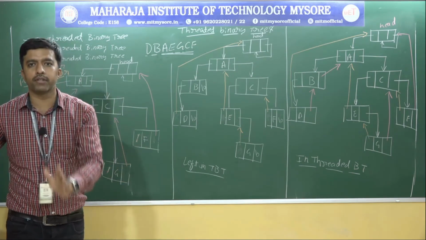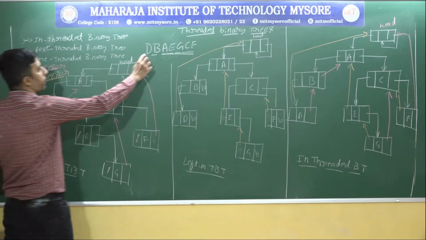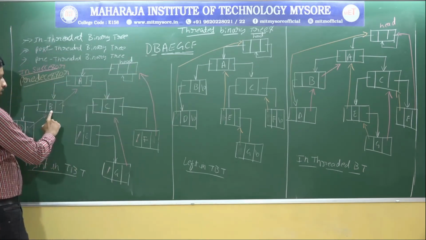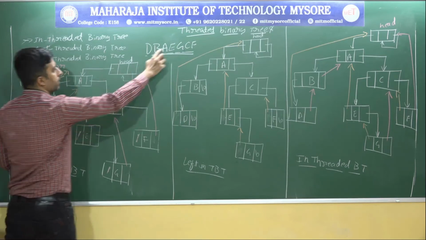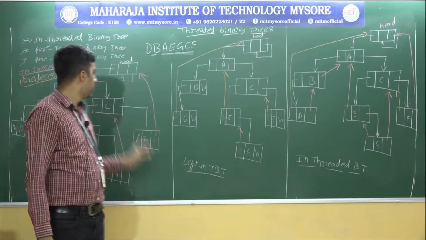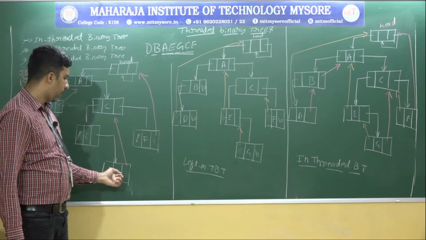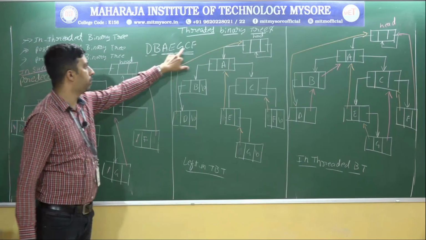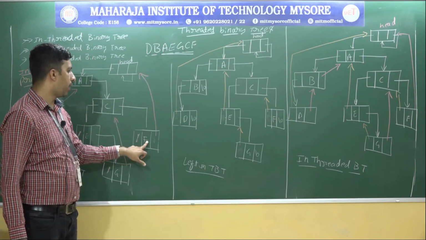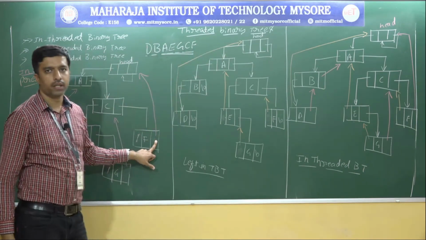Who comes next to that? Here, D. After D, who comes? B. Next, after B, who comes? A. The successor, who comes next when you traverse, to that address we assign the value. After G, who comes? C. I traverse to that one. After F, who comes? No one in that sense. That is the end of it.